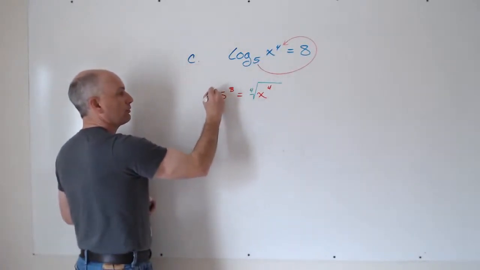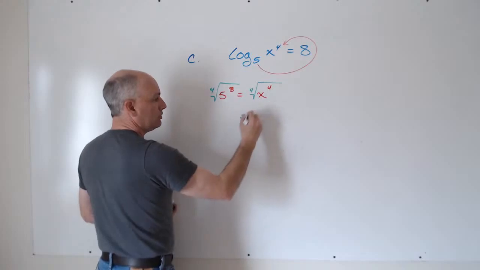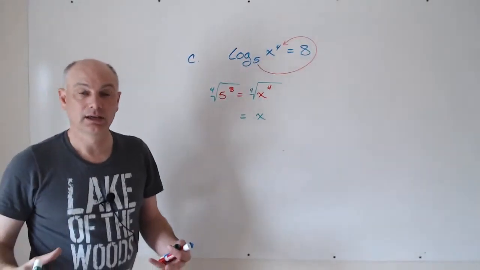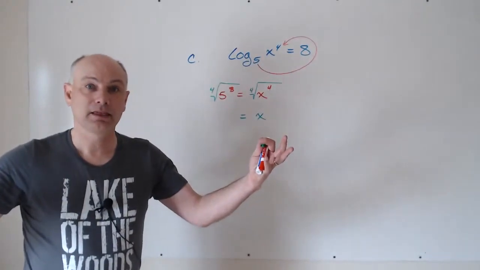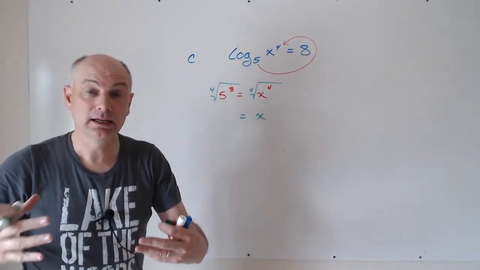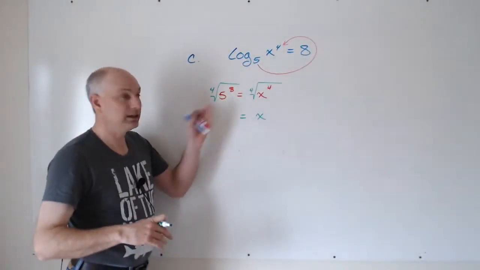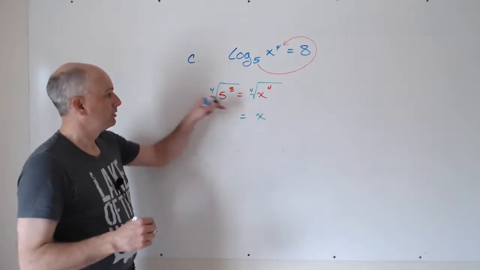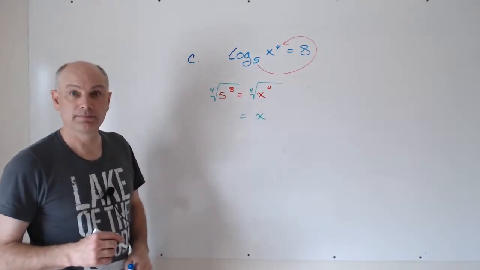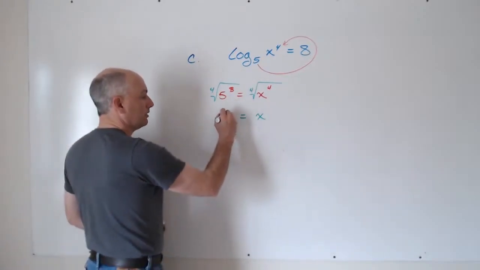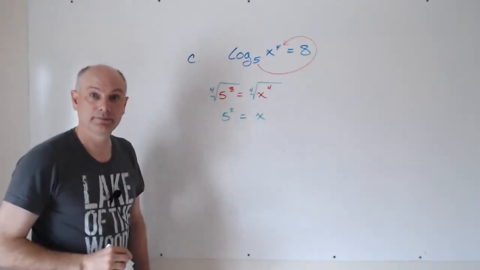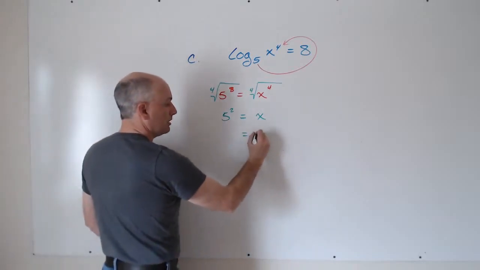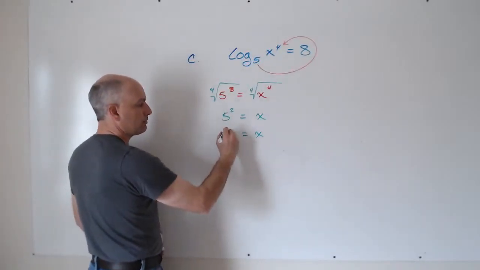So I can take a 4th root of both sides. And you'll notice that I didn't calculate what 5 to the 8th power is. I'd get this gigantic number that I would end up breaking apart again in order to simplify. If we leave it in its simplified form, we get there a little bit quicker. The 4th root of 5 to the 8th would be 5 to the 2nd power. Recall, 8 divided by 4. Previous material. So what is x? x is 5 squared, or